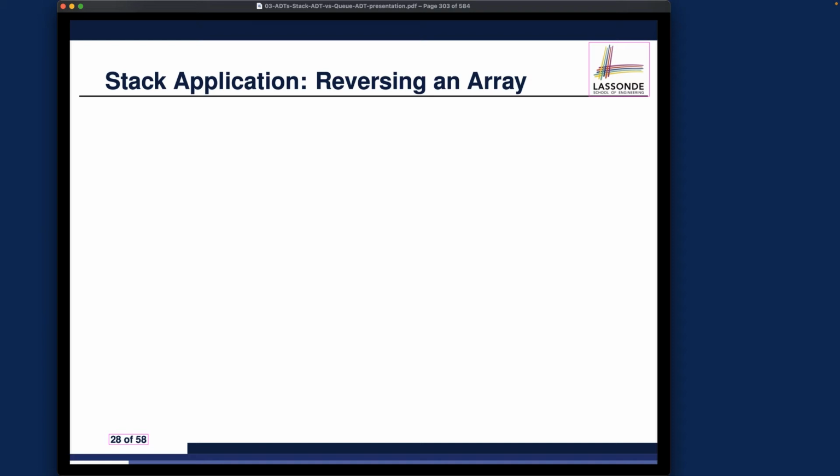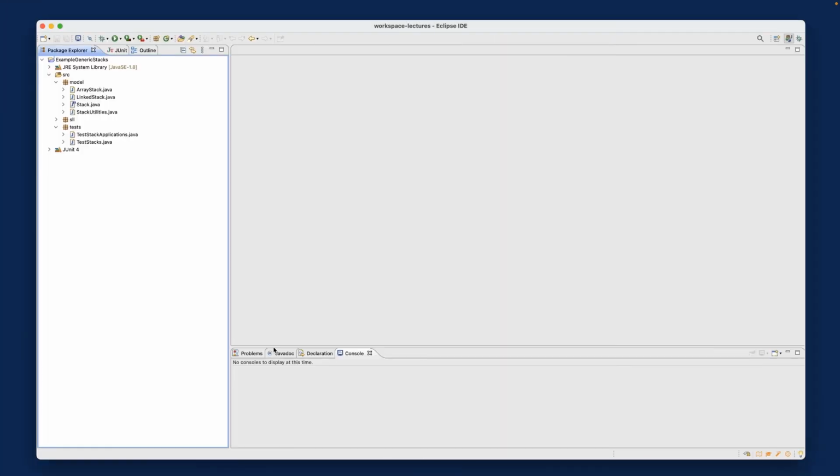directly. But for the next 2, I will give you the opportunity to really pause the video and think about your solution. Let me just show you how you can find the source code. I got most of them available to you, but some of them will be left as an exercise for you, which I think is quite important for you to complete on your own, and reach out to me if you got any problem. And if you go under the example generic stacks projects, under the model package, go to the